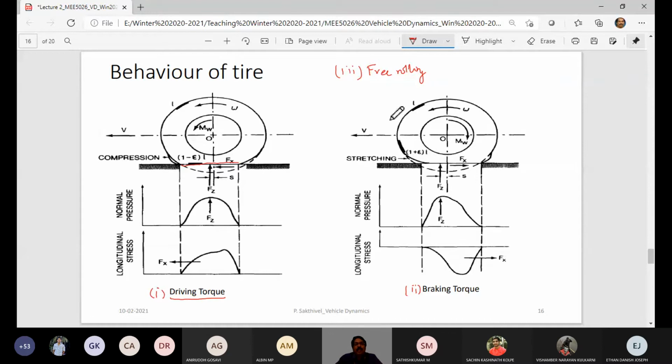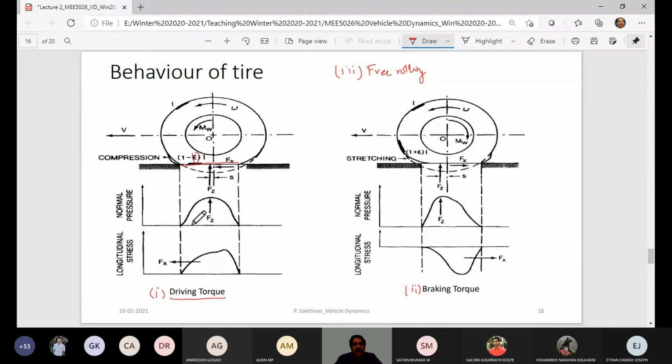Epsilon is strain. In the case of driving torque, when it is applied, you see that in front of the contact patch, this being the direction of wheel translation, the portion of the tire tread is under compression, which is prolonged into the contact patch, and then again it comes out. The circle shown is an unloaded tire, and the loaded tire will have a flat. At that time you will see the pressure is distributed uniformly, but when it is rolling, you see at the edges the pressure drops, so that you get such a distribution of pressure and normal load.